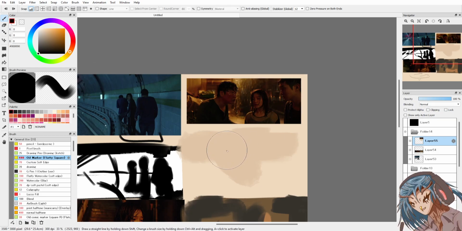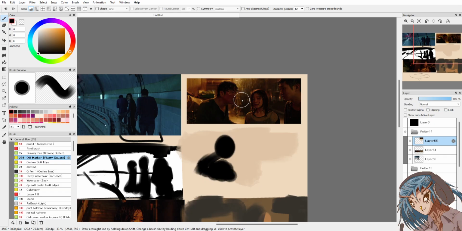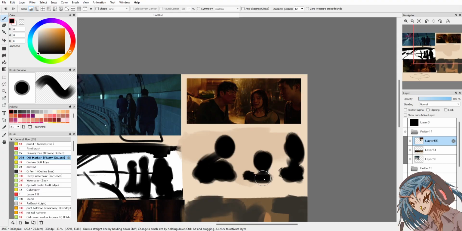Focal point 1, 2, 3. That's how we always look to this guy, looking at our surrogate here. Then a supporting element who's living in their own world in the back. Rim light. You see rim light around the characters.